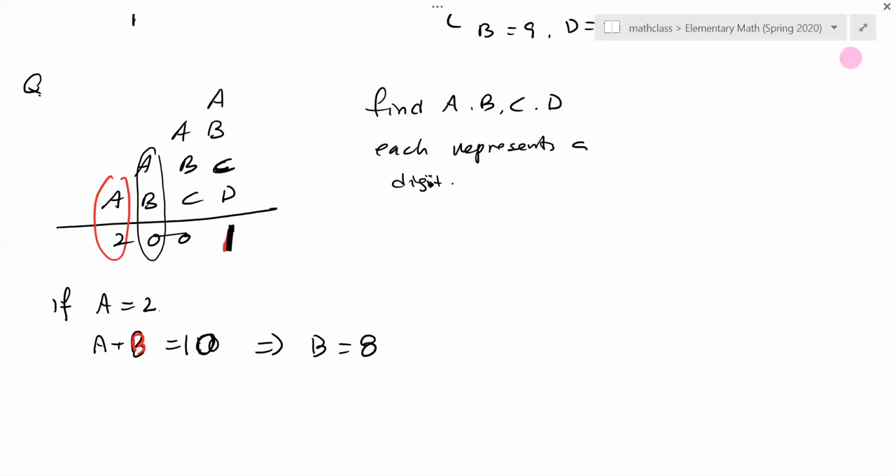Do you think it's possible that B is 8? So step by step, okay? Now if B is 8, A is 2, so A plus B, okay? And A plus B,